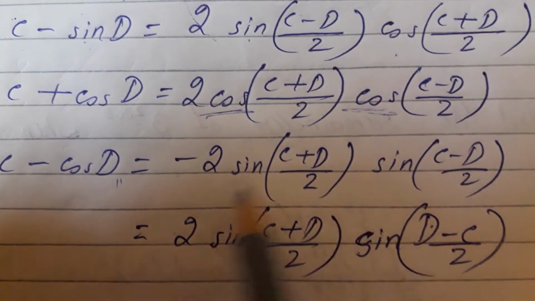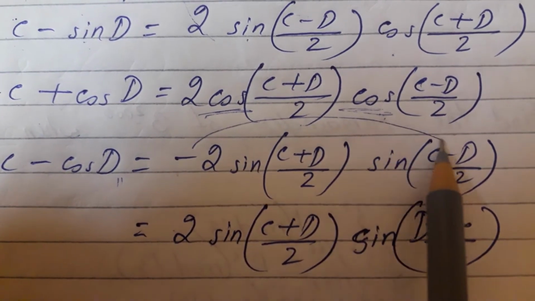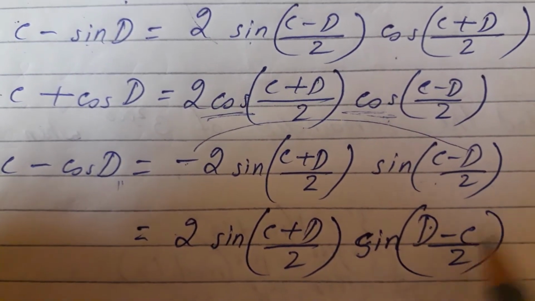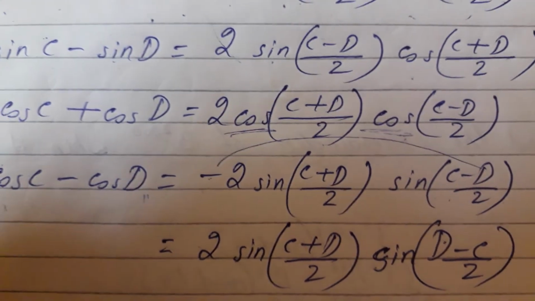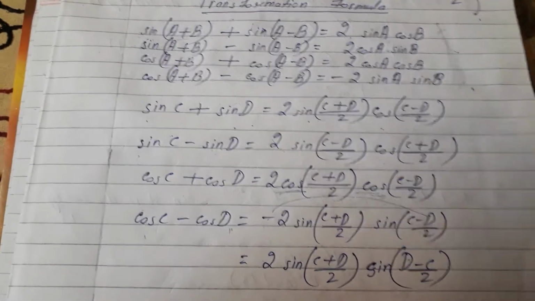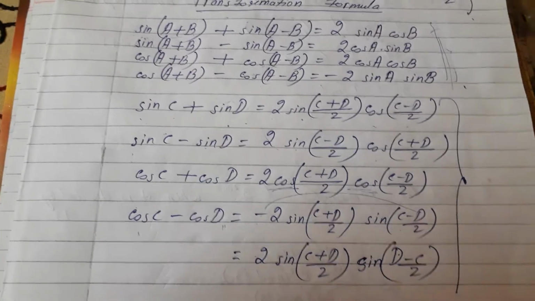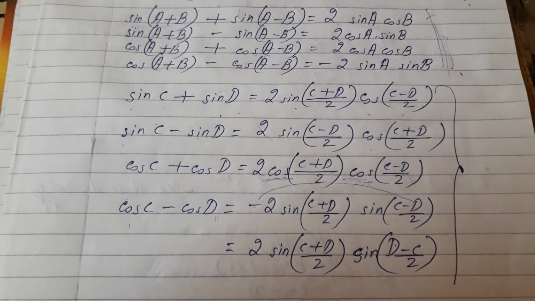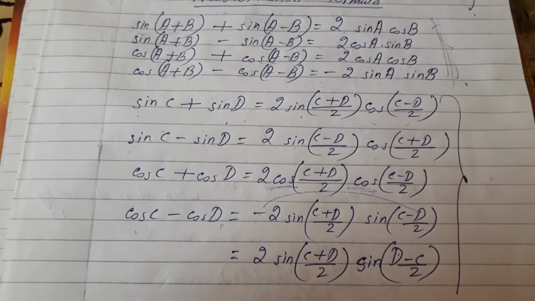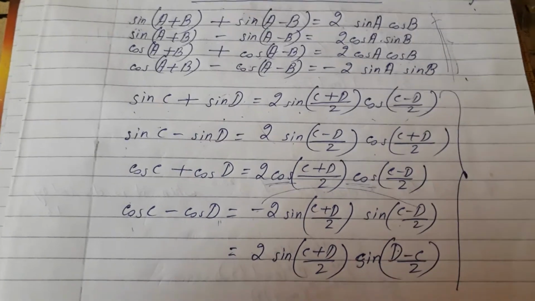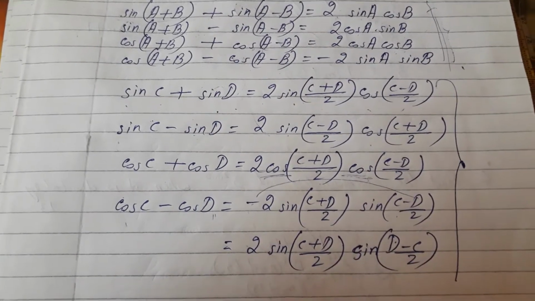See, we can easily multiply this negative sign by sin c minus d by 2, then it will become sin d minus c by 2. It's very simple, it's logical. Now see, these are all 8 formulas. These are the 4 basic ones, and these are the transformation formulas that you should learn, so that you can easily solve the sums based on trigonometry. And please do remember that trick. If you forget in any situation, then you can easily recall the formulas.